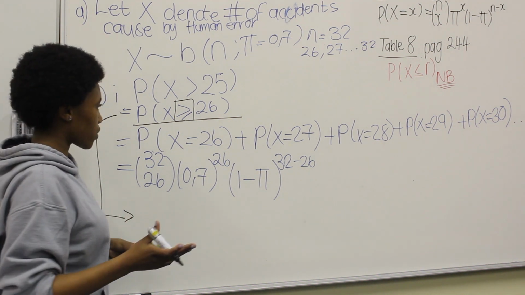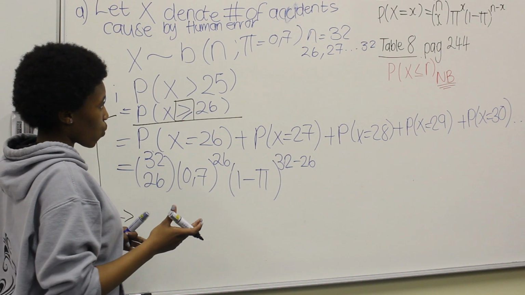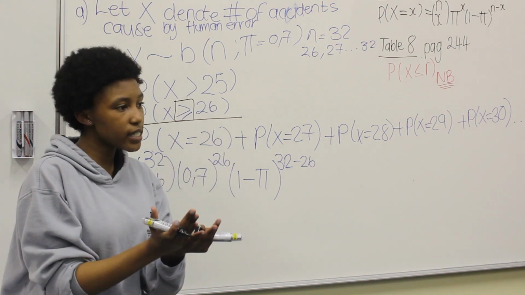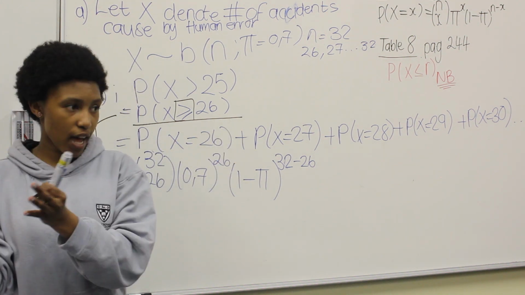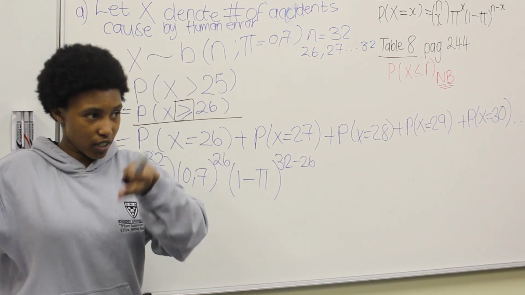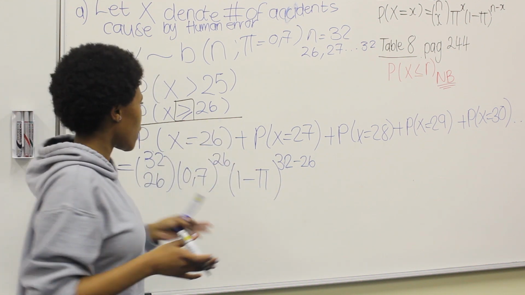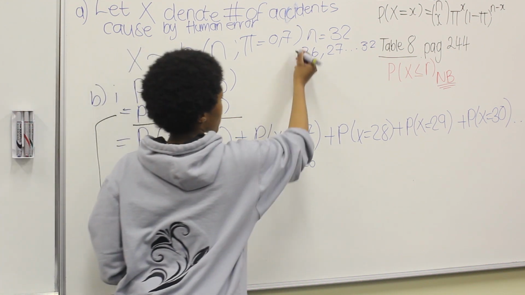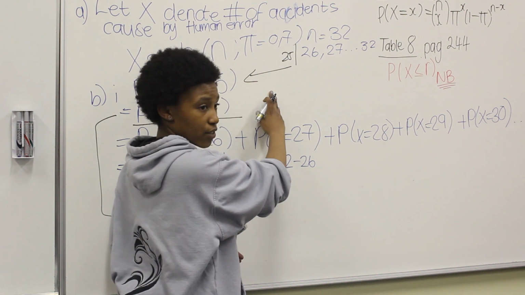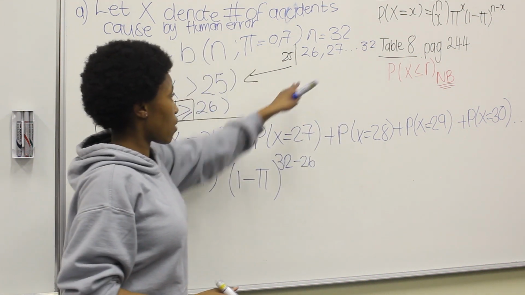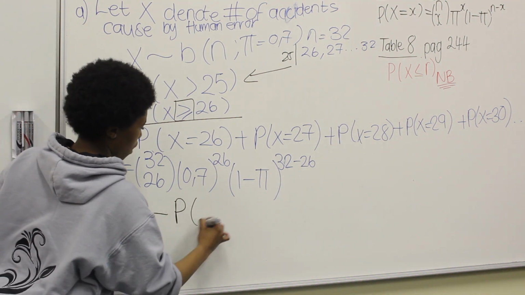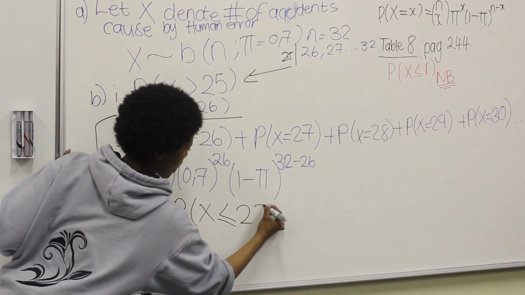Alright. So basically, you know the probability is equal to 1, right? So if you're looking for something else, you can find the probability of it not being that, and then subtract that from 1 to get the proper probability. So we can find the probability of everything less than or equal to 25, subtract it from 1, and it's going to give us the probability that it's more than 26. Okay? So then we're going to say 1 minus the probability of x being less than or equal to 25,